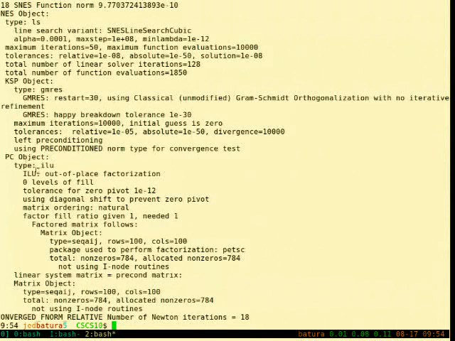The preconditioner is an incomplete LU, so we can see what's showing up in the factored matrix there. And then, why it converged down at the bottom. If you have a more sophisticated solver, then this will give you all the details of the various levels of nesting. So it's pretty useful to be able to read these.